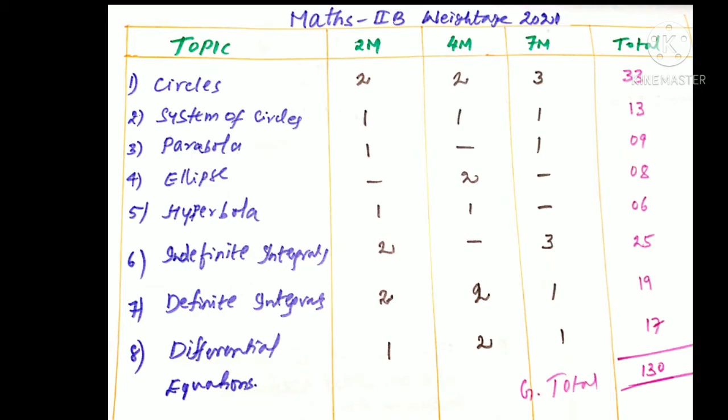Even for 2A and 2B, we can concentrate on the proportion including the exercises and examples. He may give, I don't know what type of question, maybe 2 marks, maybe 4 marks, 4 marks, maybe 7 marks, like that it will go. At the moment we don't know how it will go, but you have to prepare sincerely, dedicatedly from your side. Definitely you can score more than your expectation. I hope you can do it.